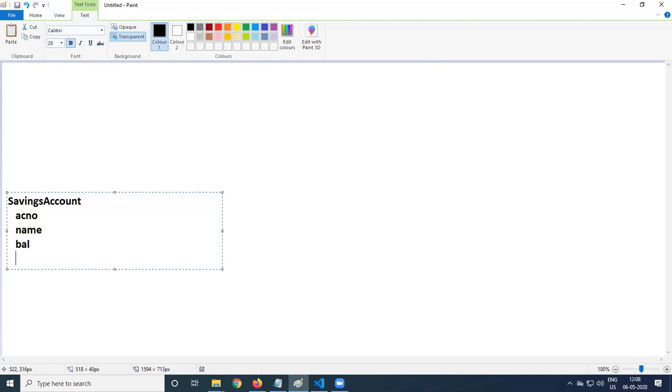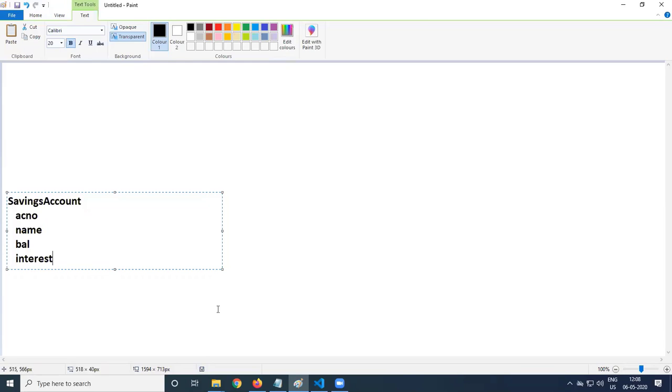So many other properties are also there: first name, last name, middle name, gender, address, qualification, phone, contact number, email ID, reference person, all that will come. But we are taking only account number, name, balance, and every savings account has a common property called interest. So some rate of interest will be given for a savings account.